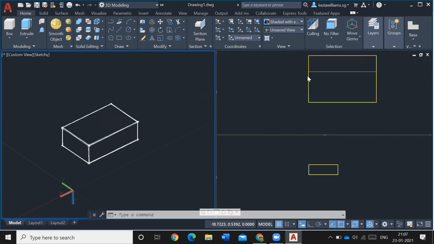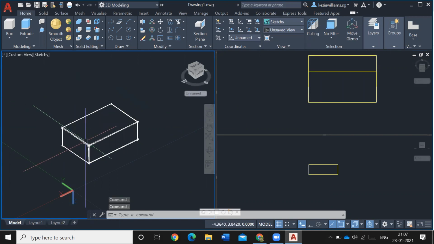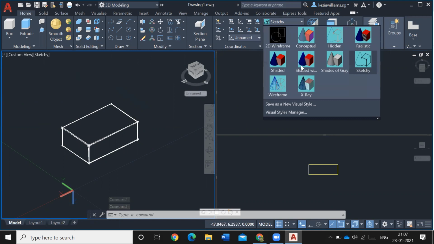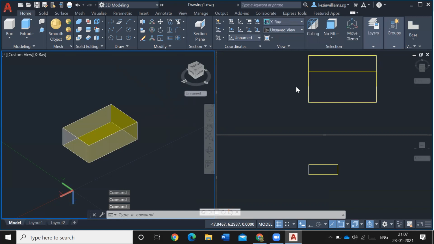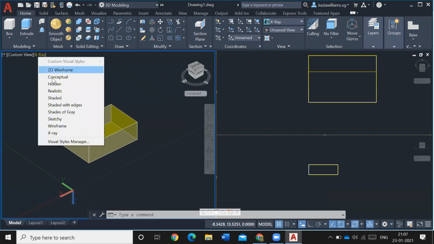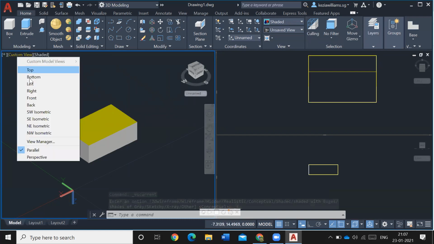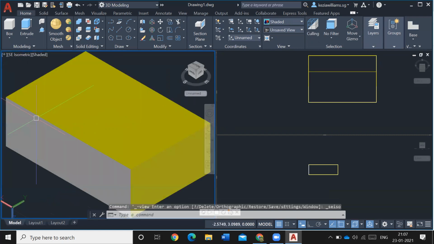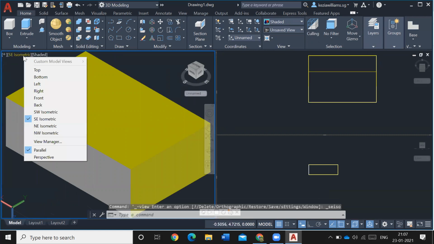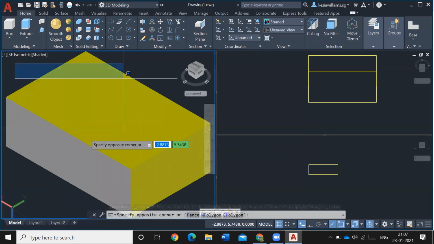Then sketch. Sketch is something that looks like when you draw with a pencil. Then wireframe is also the same as last time. The first one and this two are almost the same. X-ray is something you can view through. It is semi-transparent, so we can view through. Okay. So whatever we do here can also be done here. See, you can do the same thing here. Okay. Same thing can be done here. So whatever we do in the view cube can also be done here. See, like I can change the view. You can do it here. Okay. So these all can be done here.